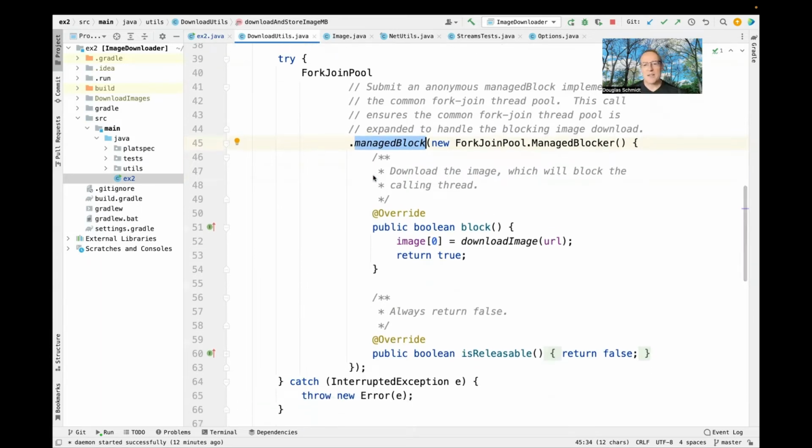There are two methods that manage block is going to define. It's an interface. One of them is called block, and one of them is called is releasable. We're going to ignore is releasable in this case and just focus on block. So block is the method that's called when you have to block in order to make forward progress, which we do here. So what we're going to do here is go ahead and say, download the image